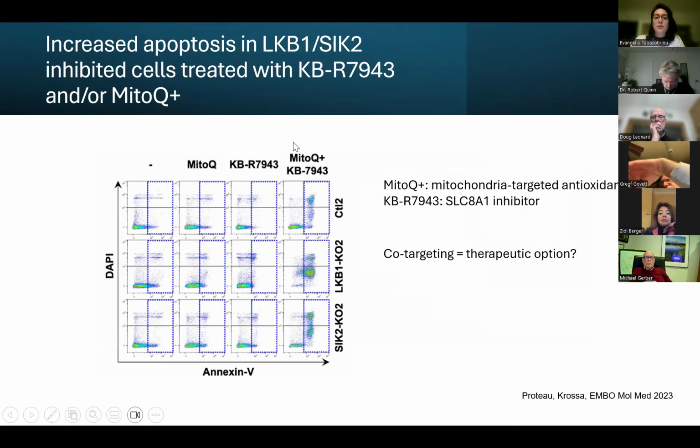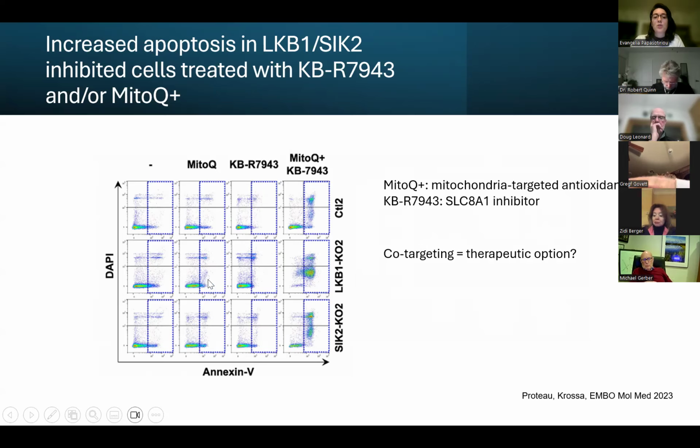Another flow cytometry experiment showed that they used the mitochondrial targeted antioxidant mitoquinol in combination with the SLC8A1 inhibitor KBR7943, which exerts some effects towards the increased apoptosis of metastatic uveal melanoma cells. When they used only mitoQ in LKB1 or SIG2 knockout conditions, they saw no